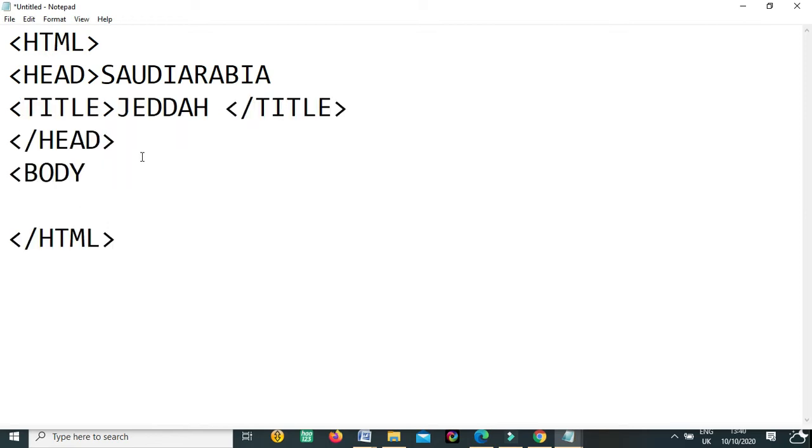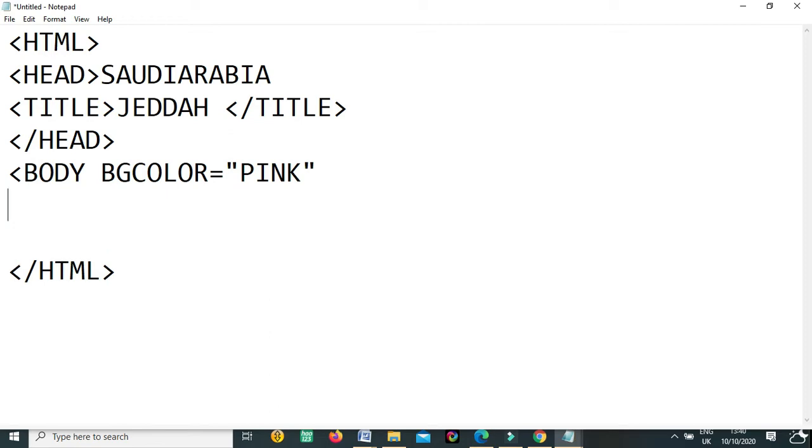In the body, I can change the body color. Suppose bgcolor is equal to pink, but we have to write this in inverted commas. Remember, body is the most important part of any web page, because all the hyperlinks, all the images, all the text we write inside the body.